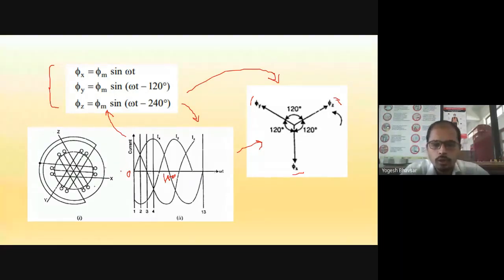So from this waveform or phasor diagram, we have considered different instances. There are 4 instances we have considered. First instance for 0 degrees, second for 30 degrees, third for 60 degrees, and fourth for 90 degrees. This fourth one is exactly the middle of this half waveform. The full half waveform is 180 degrees, so its half will be 90 degrees, and we have split this 90 degrees into 4 parts. So the difference between any two will be 30 degrees.